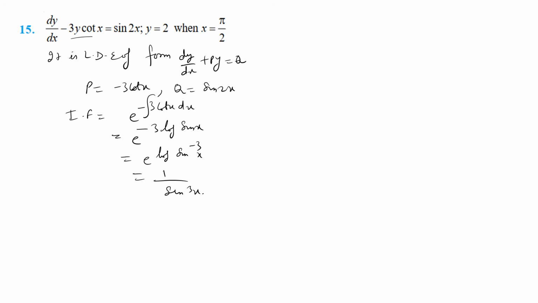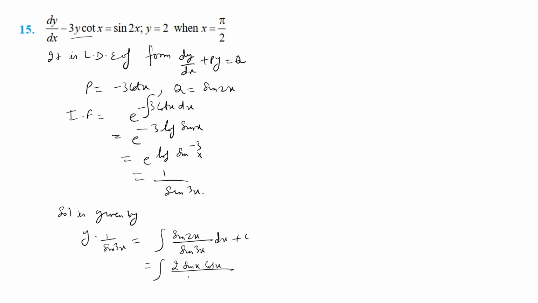Now we have to find the solution, which is given by y times the integrating factor is equal to the integral of q times the integrating factor dx plus c. That is the integral of 2 sin x cos x upon sin cube x dx plus c. So this is y upon